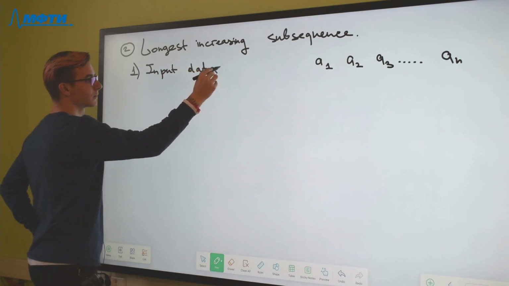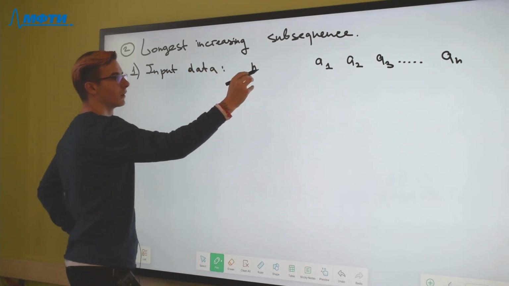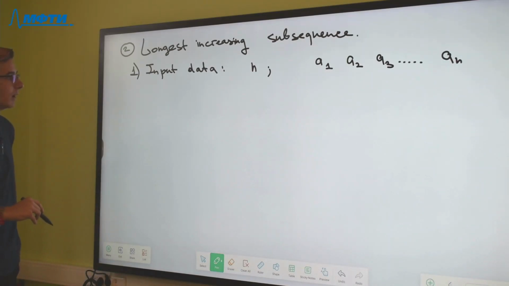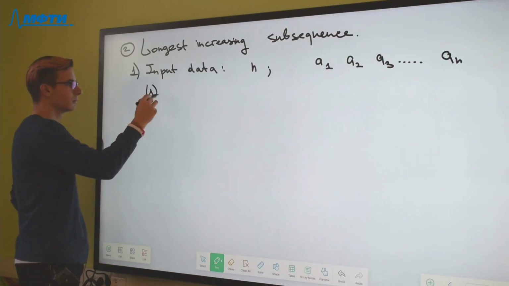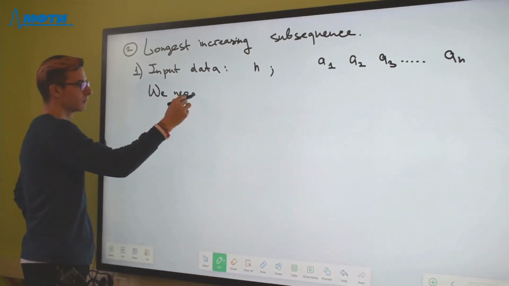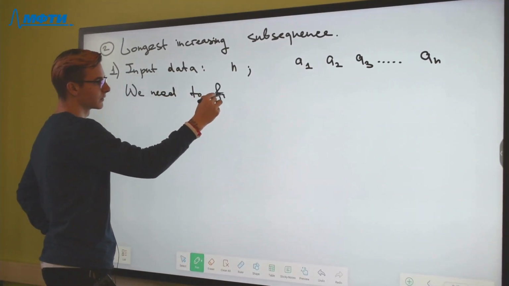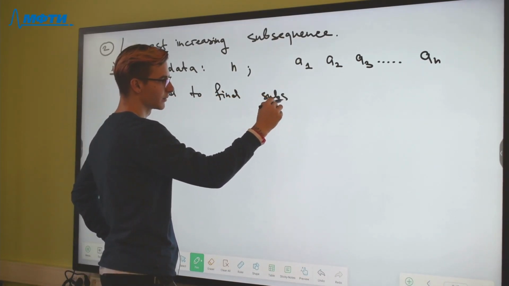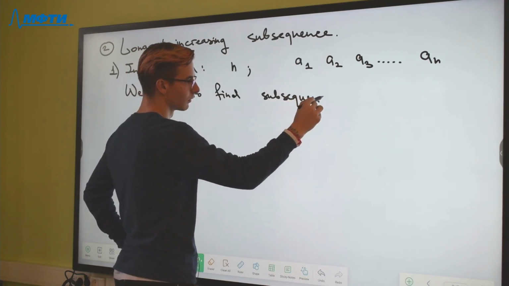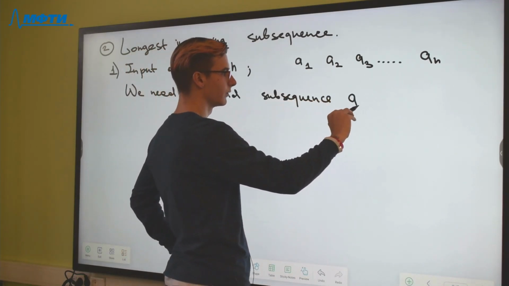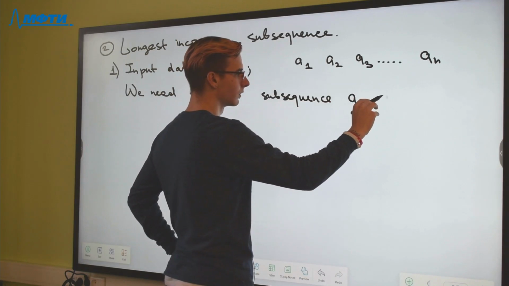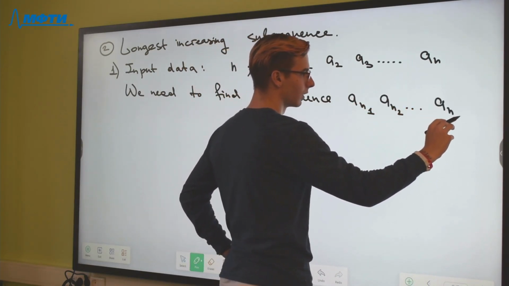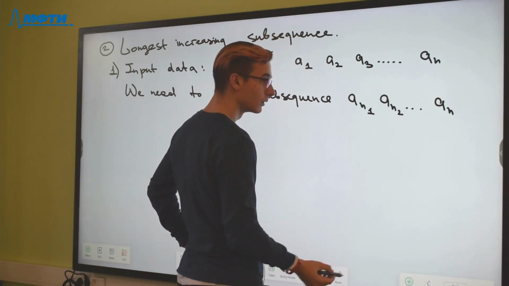The input data is n and this sequence. And we need to find a subsequence a with index n1, a with index n2, etc., a with index nk,